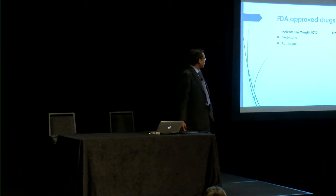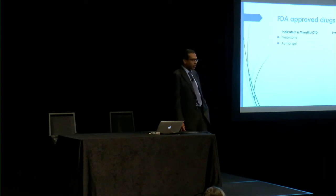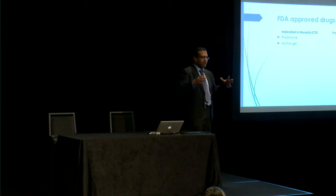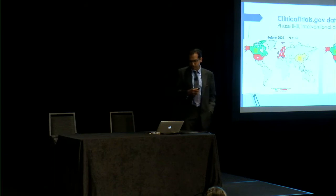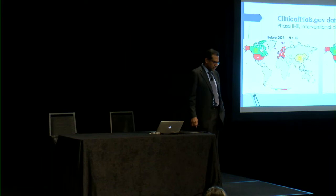Treatments include prednisone and Acthar gel, which are indicated under the connective tissue disease umbrella, and myositis is part of that. But you cannot run an FDA-approved treatment in myositis. So first of all, I wanted to show you a little bit of the progress that we have made in